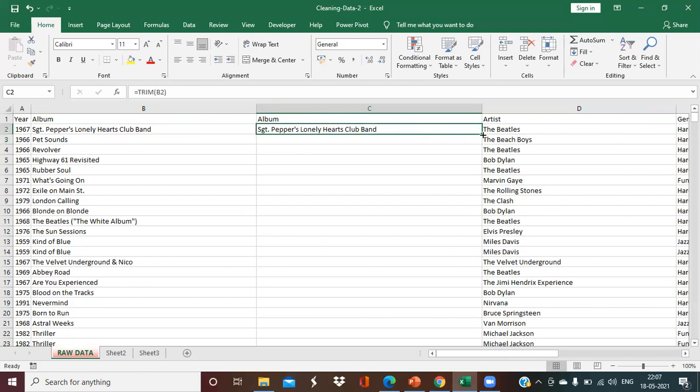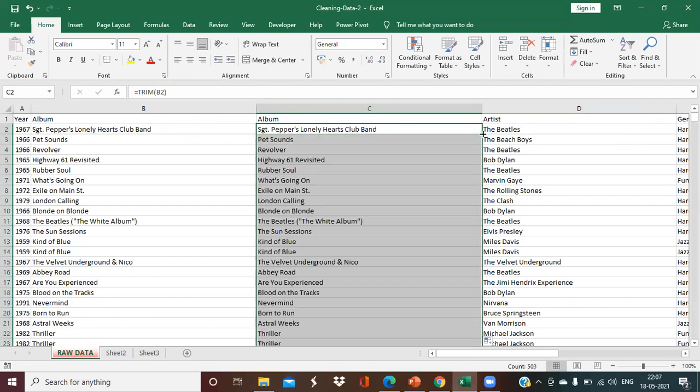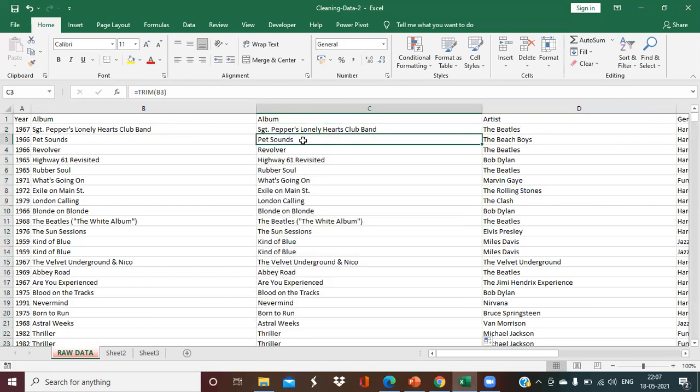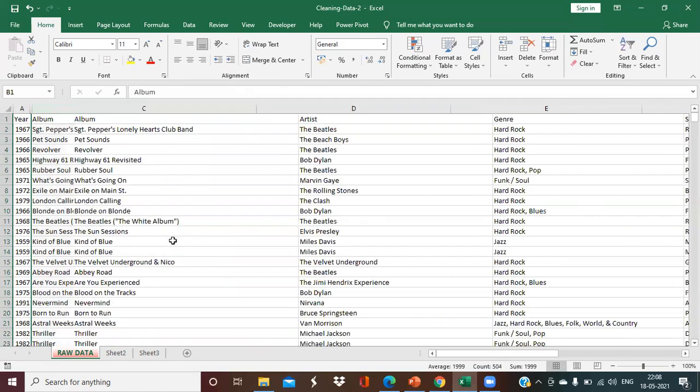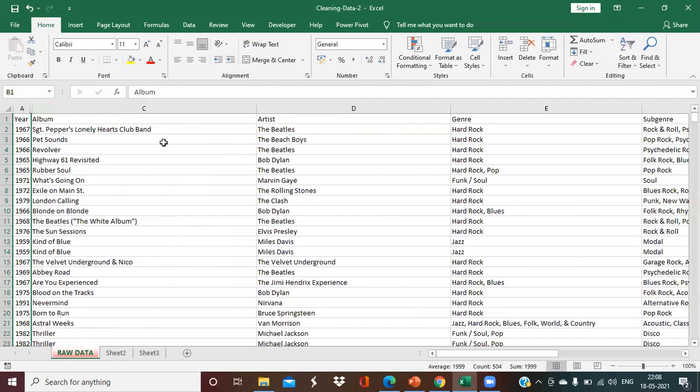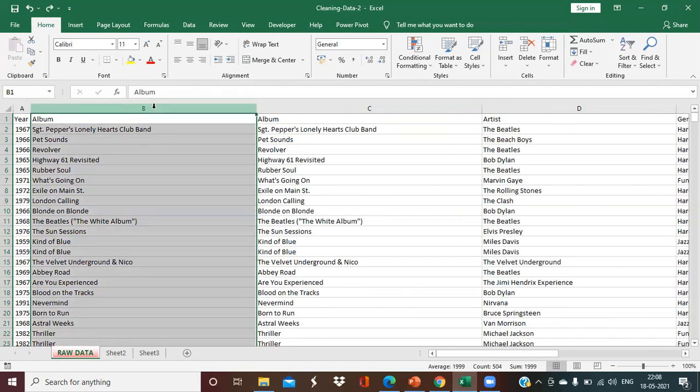Now you just double click here, and it will take it forward to the whole data set. So yes, we got it now. It is TRIM of B3, TRIM of B4, applied everywhere. So we don't need this column now. What we can do is select the column and click on Hide. I can't delete that column, remember that point in mind.